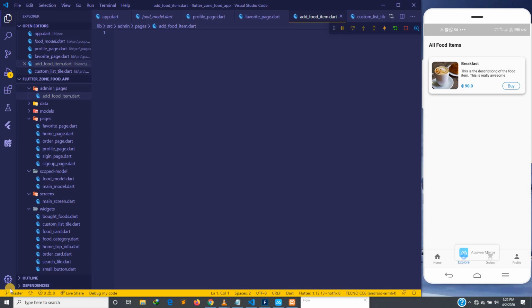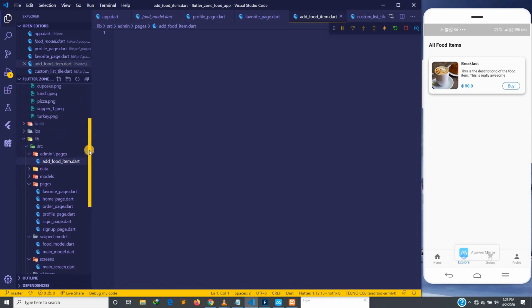Yeah, welcome guys. So last time we created this, and then we were able to finish with this food item card. So this is what we'll be using for all our foods. But this is the explore page, which is supposed to contain a list of all our food. But then since we don't have any foods, because now we are not going to use the PHP